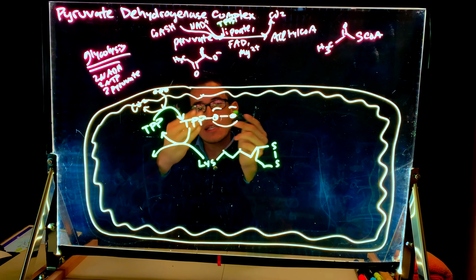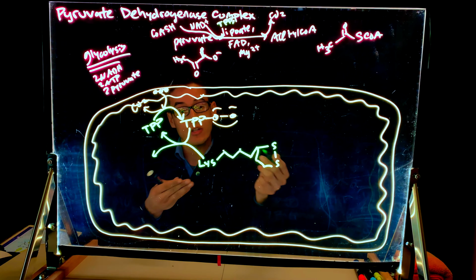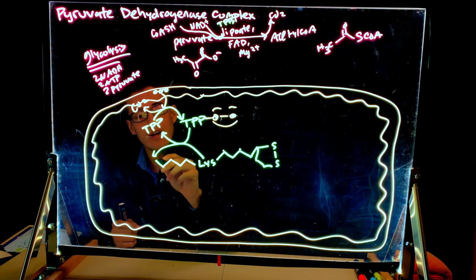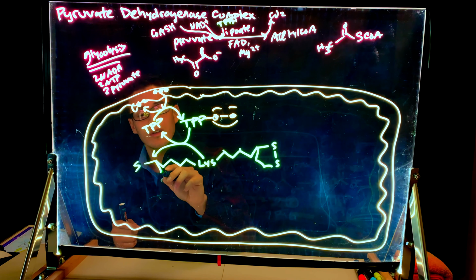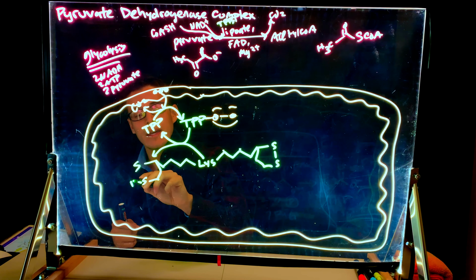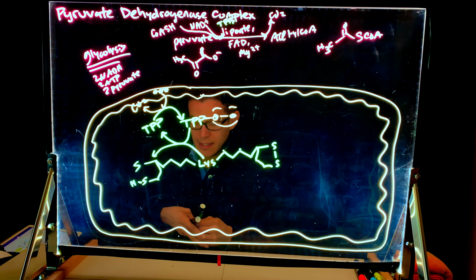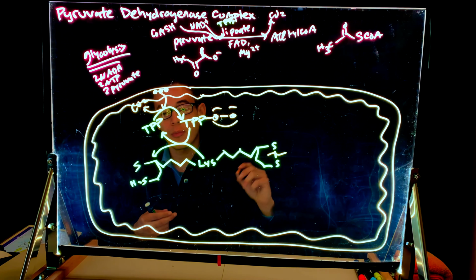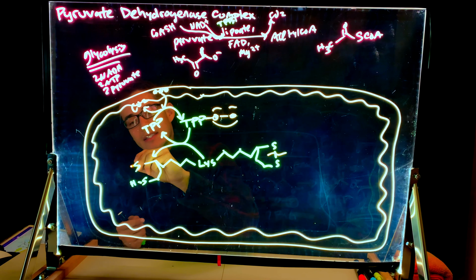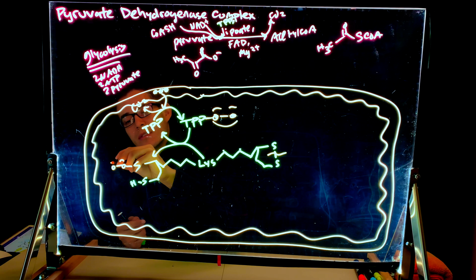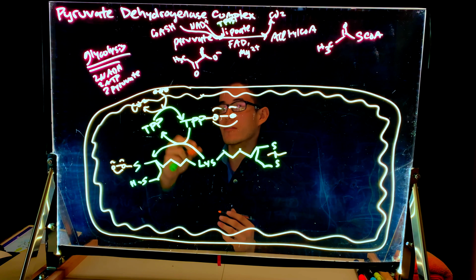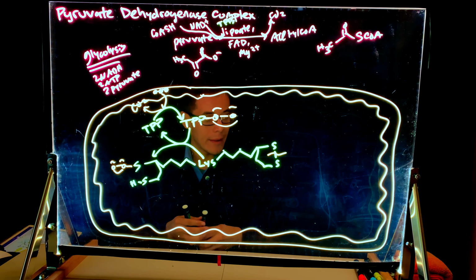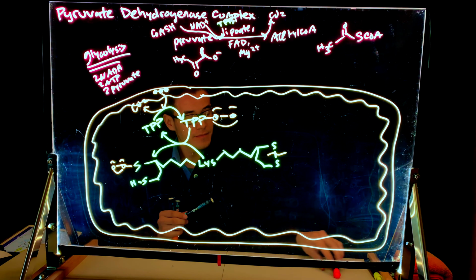Now, what happens when these 2 carbons come onto our lipoate here? Well, we're going to have 1, 2, 3, 4, carbon number 5. Here's my sulfur group. Here's my SH. Now we notice that one of these becomes an SH, and the other one, we see that this disulfide bridge here broke. It becomes an SH, and this contains our 2 carbons. There's our 2 carbons from the pyruvate that we broke down much earlier. And again, we're trying to create acetyl-CoA. So in this step, we can actually add